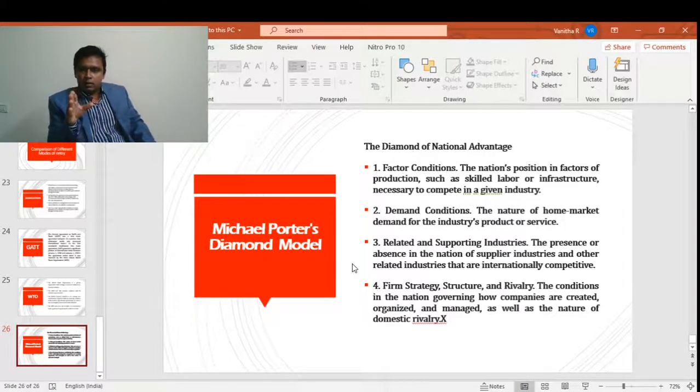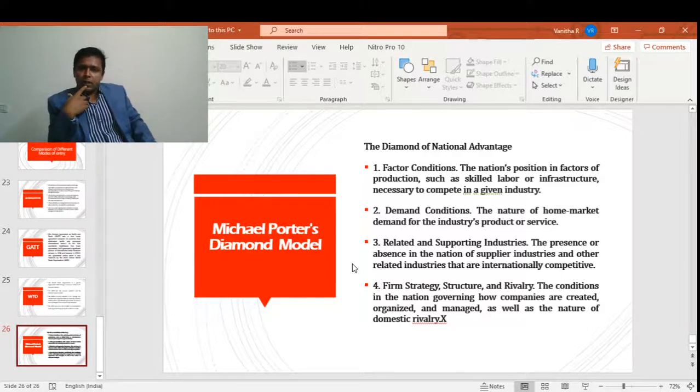So the diamond, the Michael Porter's four factors, the determinants that he's talking about. One is factor conditions. The second one is demand conditions in your own country. Later you can move on. If you do not have it, it will take time. That has come true in the case of Infosys, Wipro, and